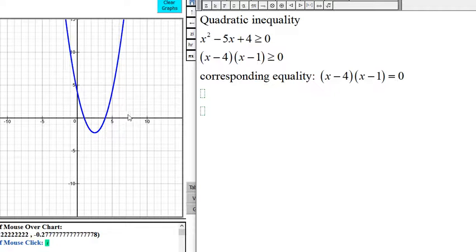From 4 to the right side, the graph is above the x-axis. And from 1 to 4, the graph is below the x-axis. So what that tells us is this: x minus 4 times x minus 1 is greater than or equal to 0